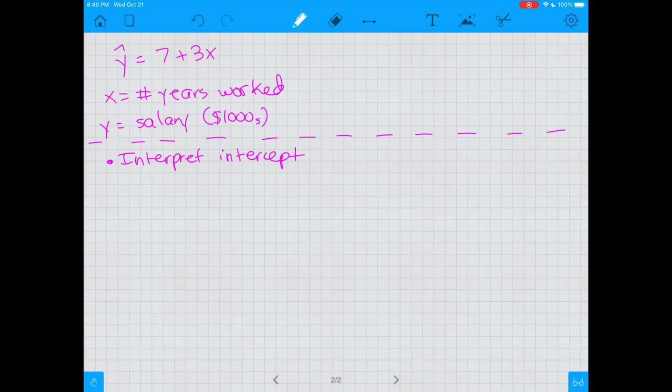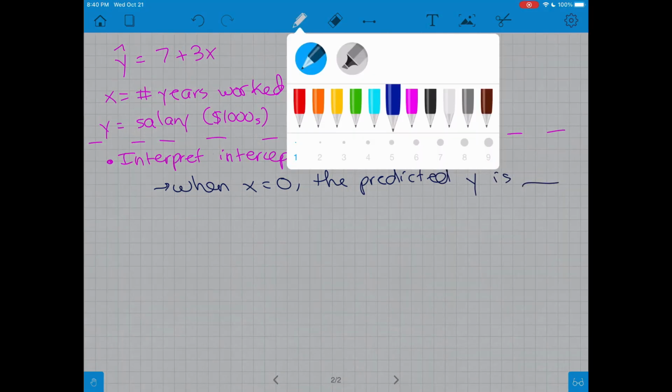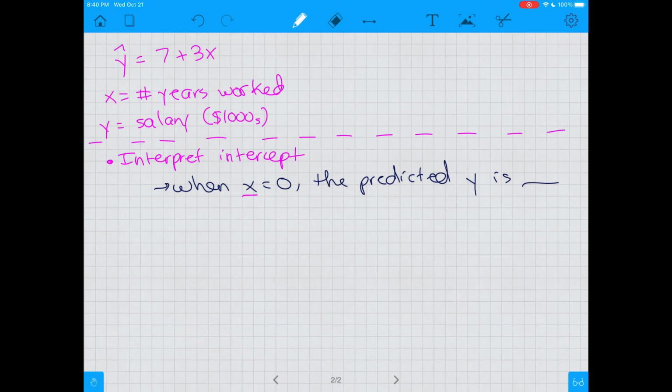Here's what we're going to say. The general rule here is when x equals 0, the predicted y is blank. And again, very specifically here for y and for x, we're going to fill in the context of the question. You don't need to literally say when years worked equals 0. In the context of this question, 0 years worked at this company would just be your starting salary. So here, my solution would be, with 0 years of experience, if I really want to go that way,